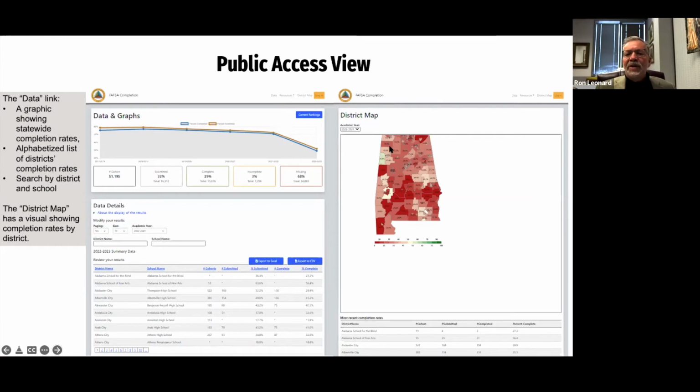And this is updated every time we refresh the portal. Incidentally, you can see the date when we last updated the portal on the home page, and we did it just as of yesterday. And then beneath that visual, you'll see once again a listing of all the school districts where you could easily scroll to your district to see how it's doing.